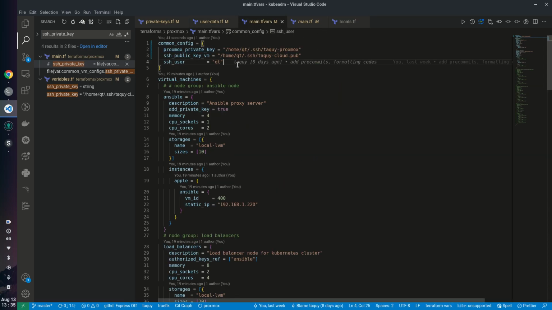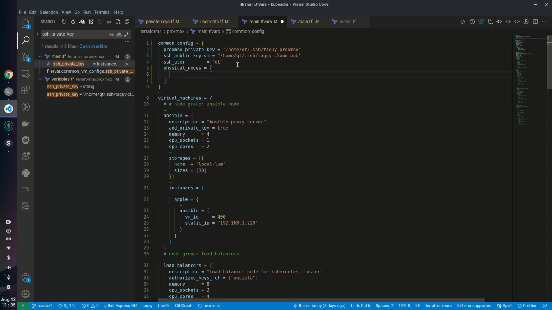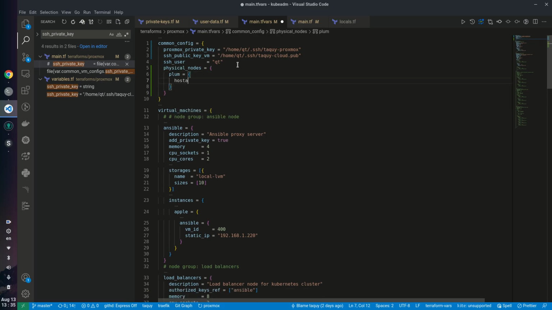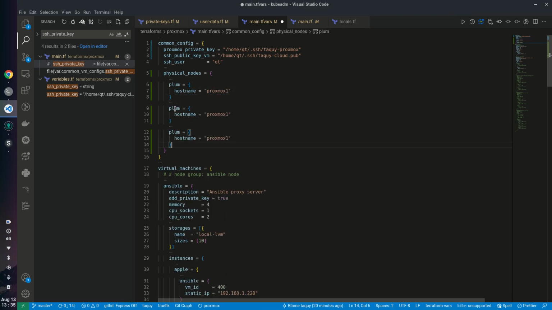So you want to create a map of physical nodes. So we have Plum with the host name of Proxmox 1, Lychee,